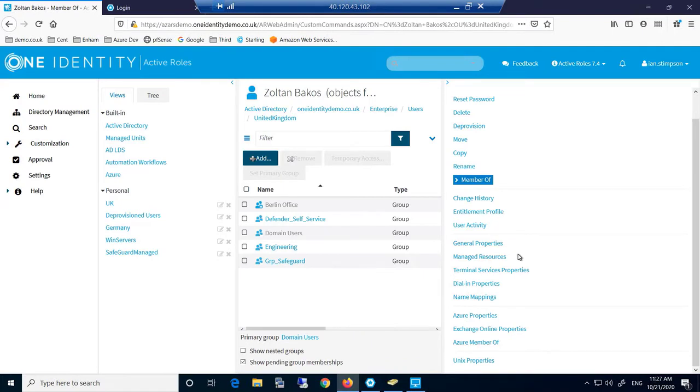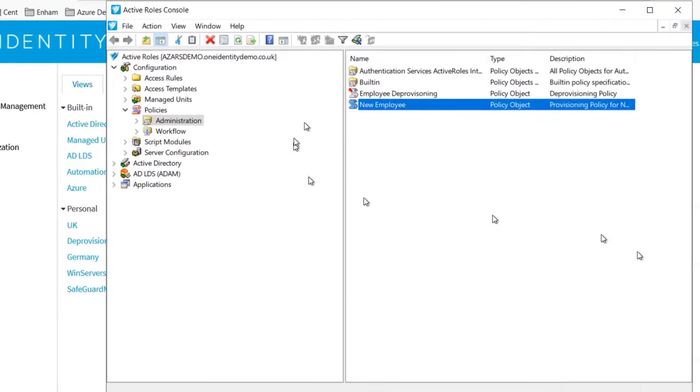So off the bat, what we've actually provided there: we've onboarded the user, kicked off a certain set of auto provisioning policies in the background. We've enabled the user to log into our Unix estate, and we've also provisioned a mailbox on Azure as well. And this has also laid the foundation for Zoltan to do some of the self-administration as we go through the details here. So with that, let me go into the Active Roles console, and we'll see the new employee. As I say, this is a demonstration environment.